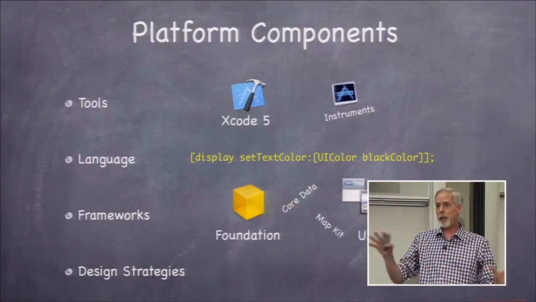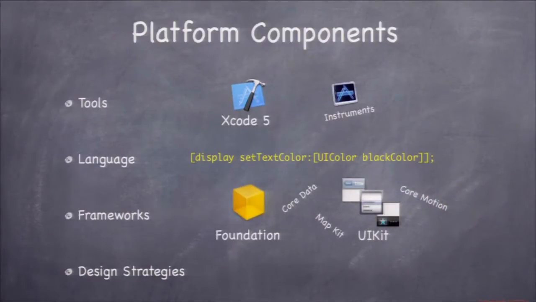Frameworks, obviously any big system like this groups all of its objects into libraries, essentially. We call them frameworks in iOS. So there's dozens of frameworks in iOS. The two main ones we're going to look at at the beginning of the course are Foundation. That's where all that core services stuff is, like arrays and dictionaries and all that. And then UIKit. Okay, that's where buttons and sliders and all those things are. So those are the two main ones. But there's a whole bunch of other ones, like you see the Core Data